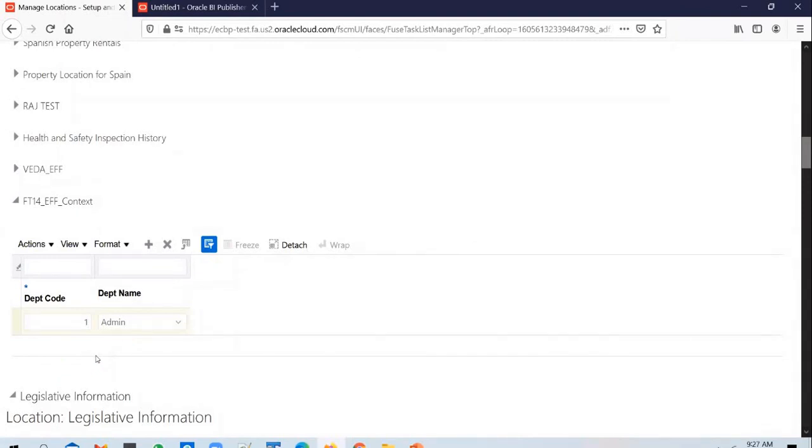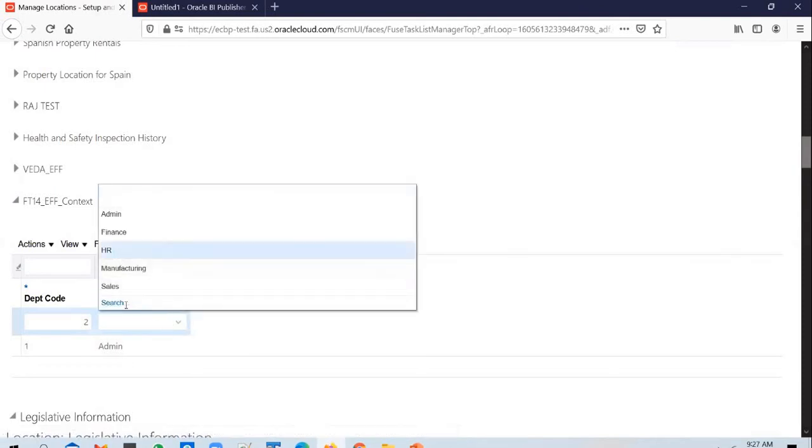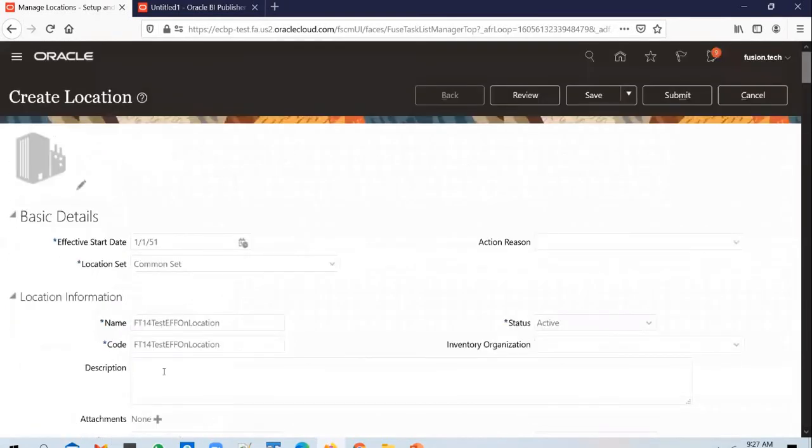I can say 2 and select HR. So this is a benefit of EFF, meaning you can store multiple combinations of the segments on a single transaction or a single setup that you are doing on a single record.